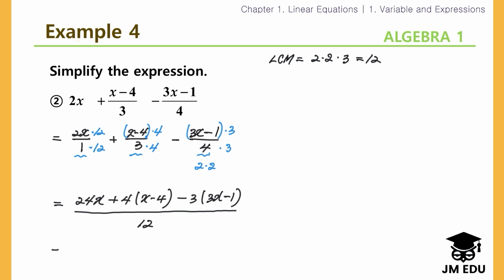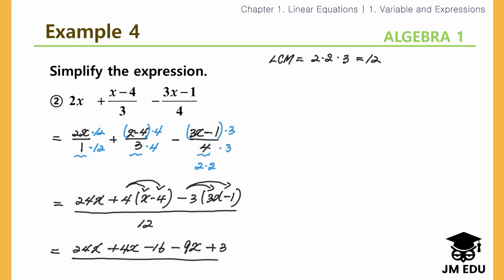So that is equal to 24x, 4 times x is plus 4x, 4 times negative 4 is minus 16, minus 3 times 3x is minus 9x, minus 3 times minus 1 is plus 3, over 12,